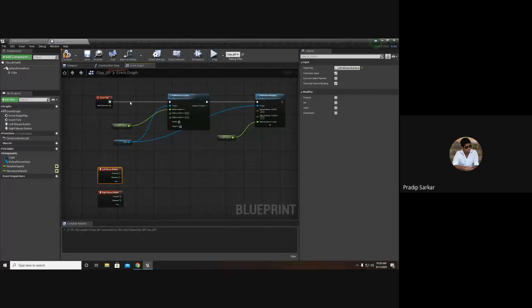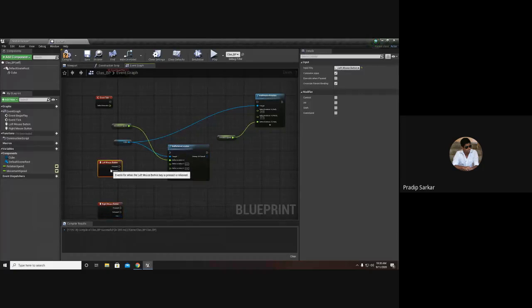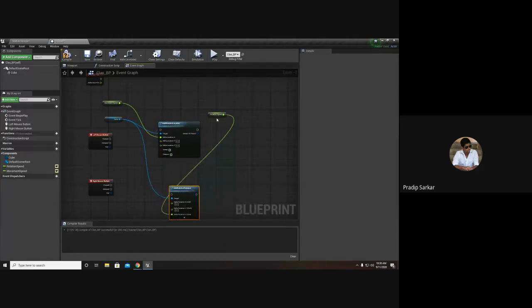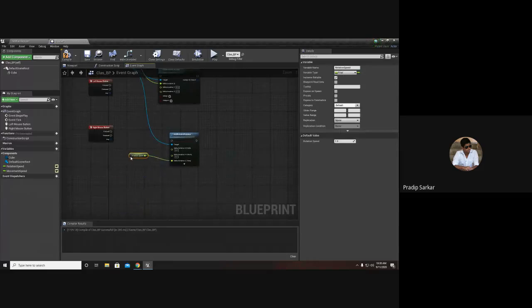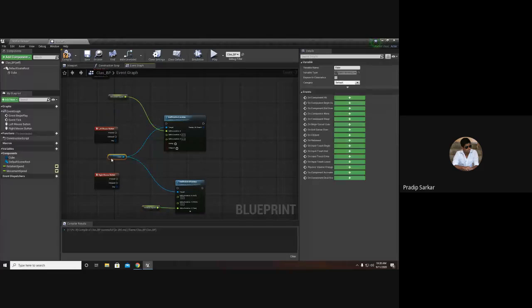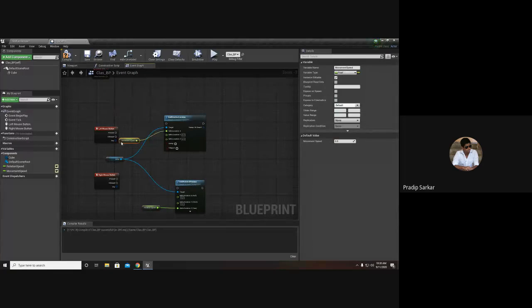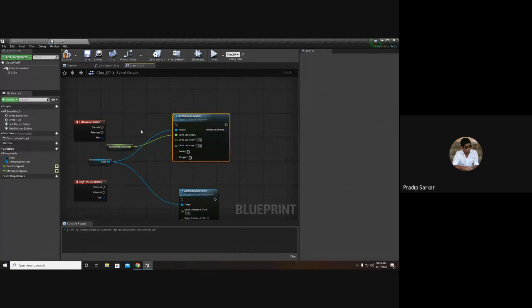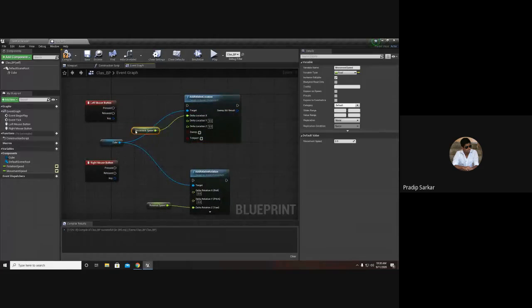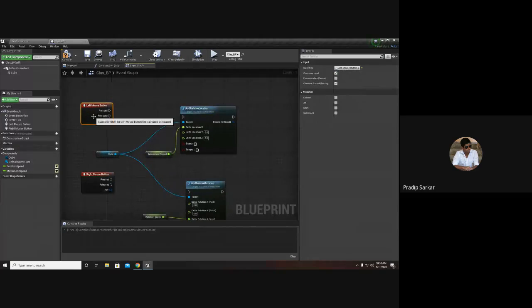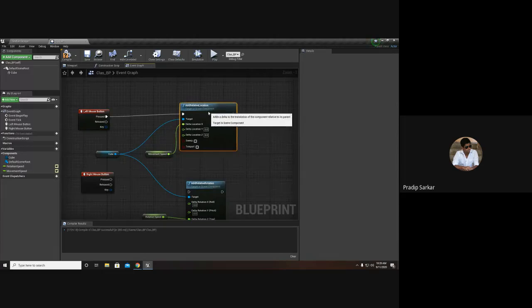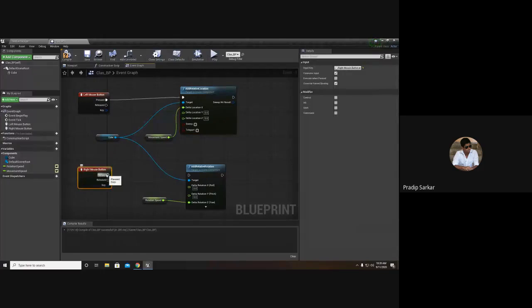So this time, now I want whenever I press the left mouse button, it should move, and whenever I press the right mouse button, it should rotate.